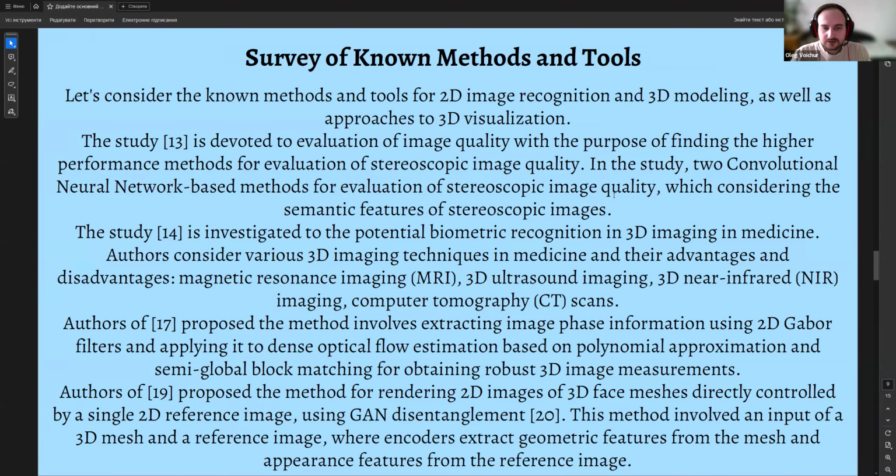proposed. The method involves extracting image face information using 2D Gabor filters and applying it to dense optical flow estimation based on polynomial approximation and semi-global block matching for obtaining robust 3D image measurements. And the last method proposes rendering the image of 3D face meshes directly controlled by a